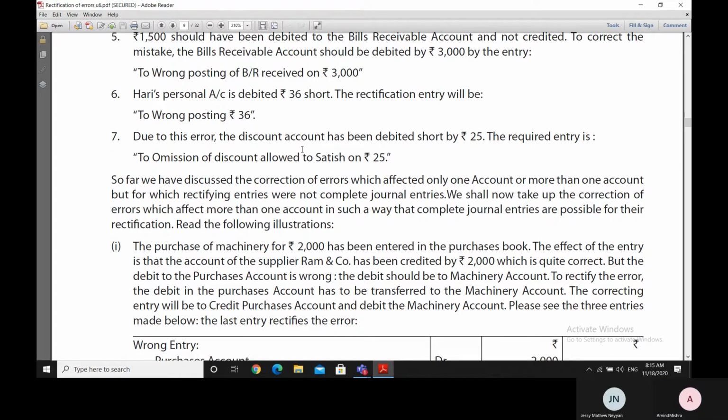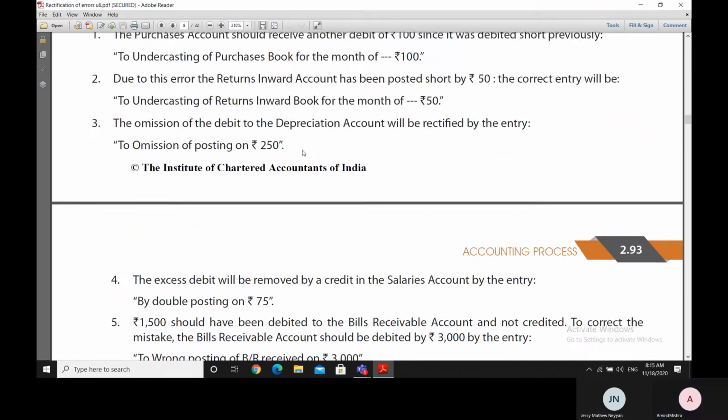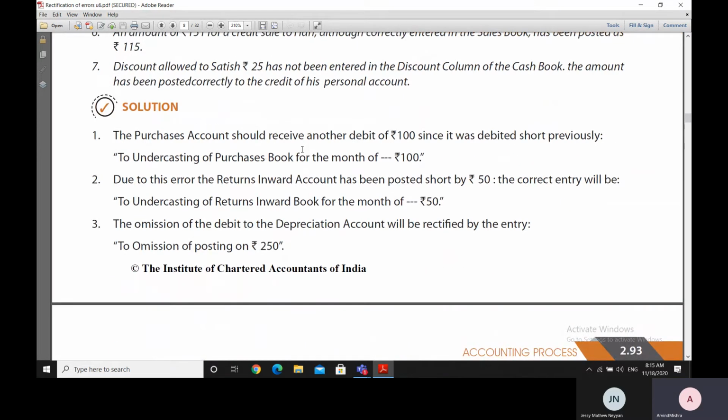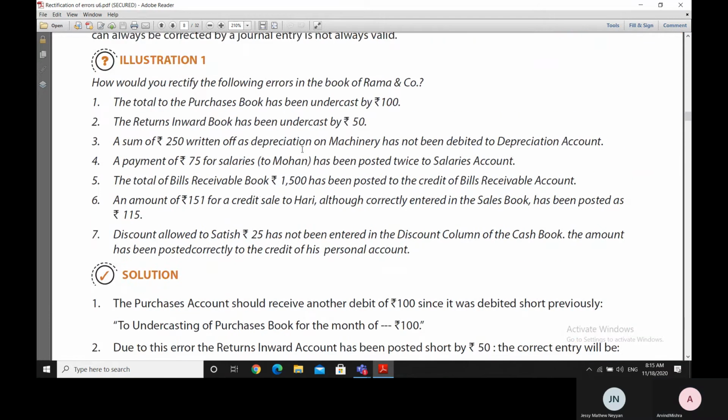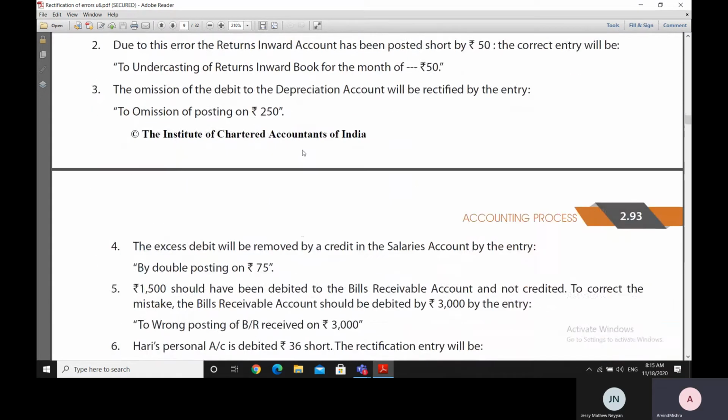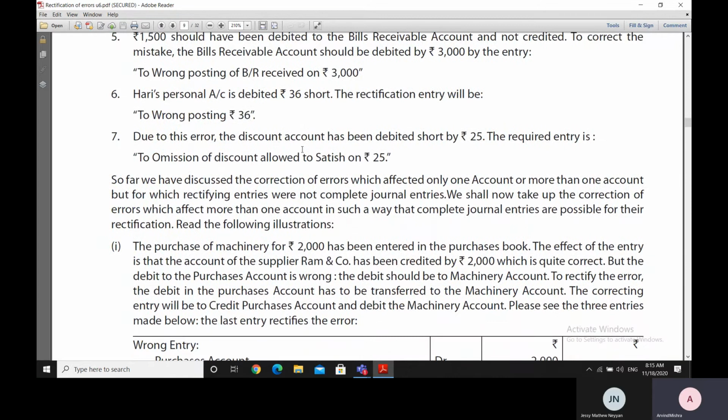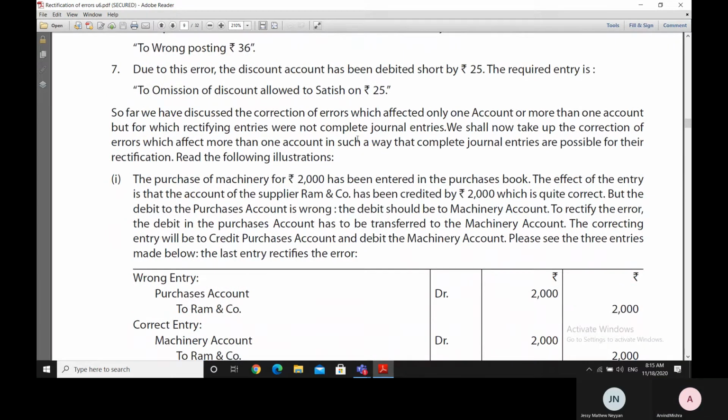So at the present moment in part 2, we are at how we make the rectification of different types of errors. In part 1, we had discussed an illustration where we had discussed certain errors and how we correct them, illustration 1. So far we have discussed the correction of those errors which were affecting only one account